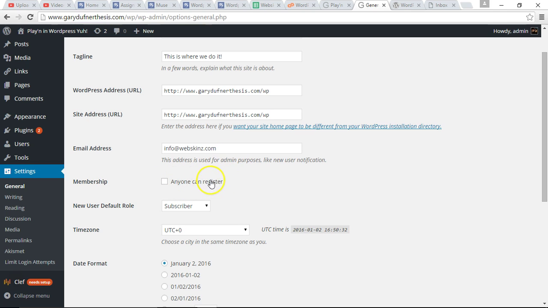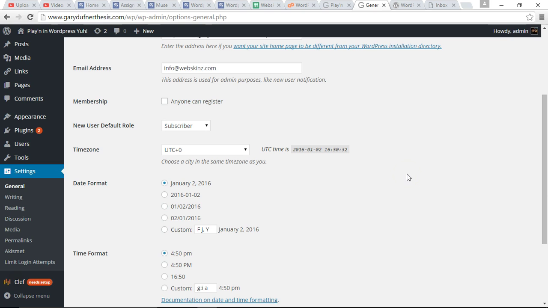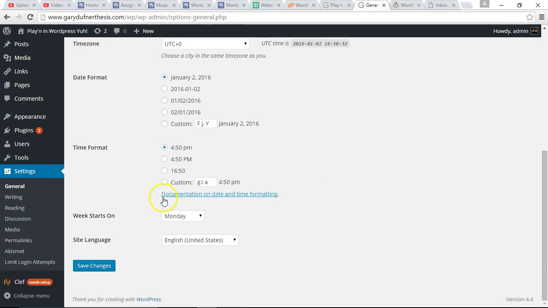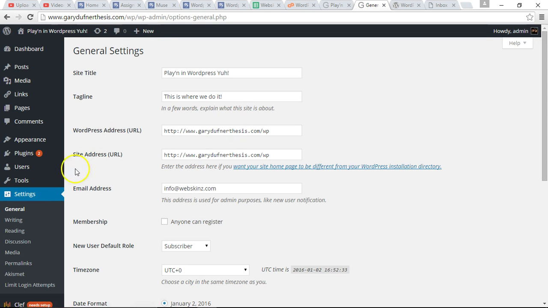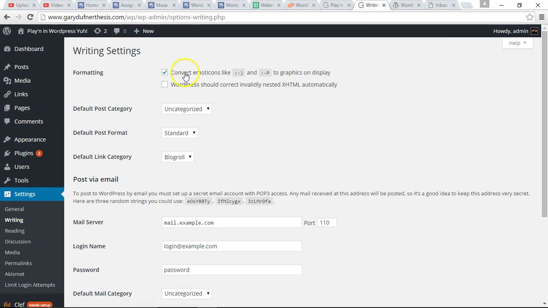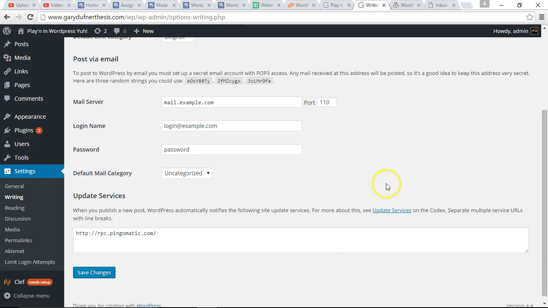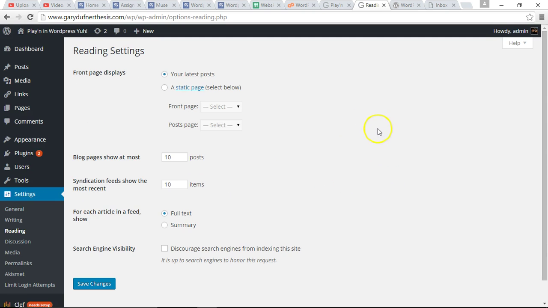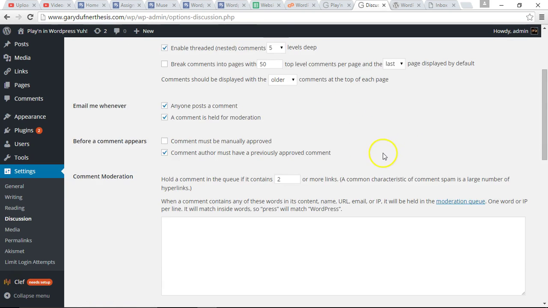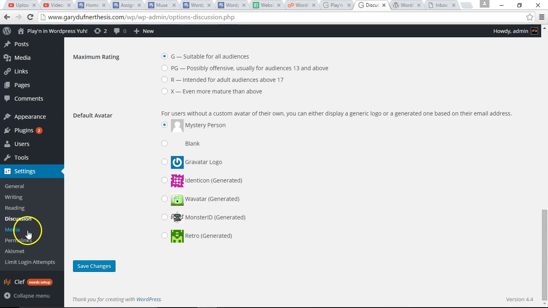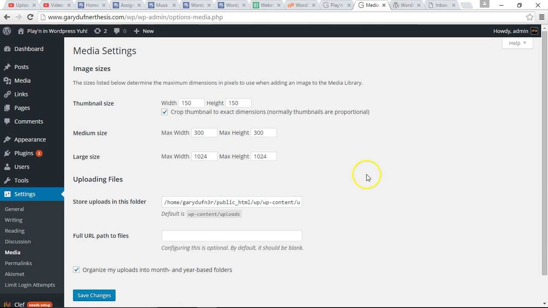Membership, I don't let anybody register unless you're doing a website that has memberships going on. Type, format, save changes, general, writing. Let's click on writing. Format, convert emoticons like this and this to graphics on display. Nice. Okay, so you can just go through here and check out stuff. Mail server, login, password, reading. A lot of the stuff I don't really mess with unless I need to figure something out. I'll go through all these and try to figure it out. Media, image sizes,